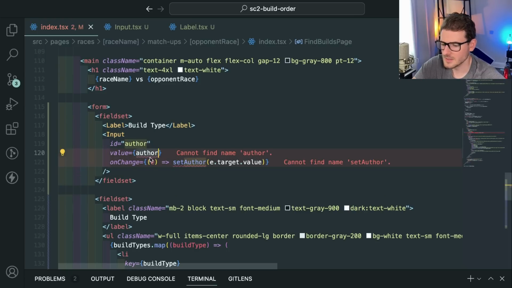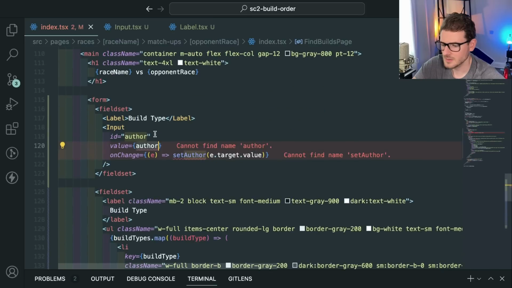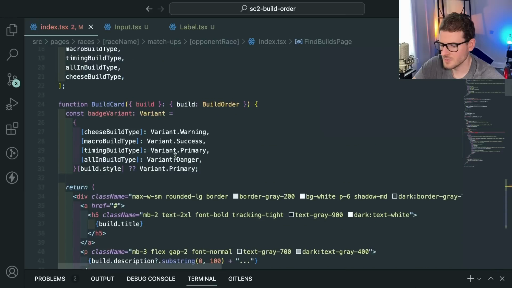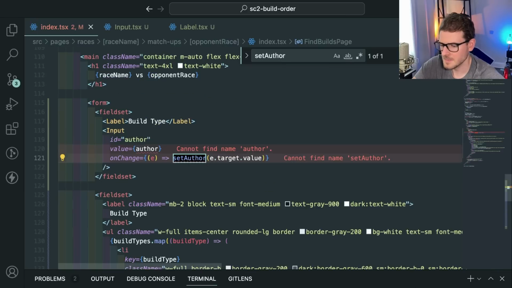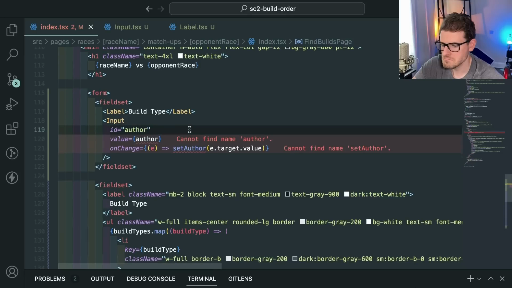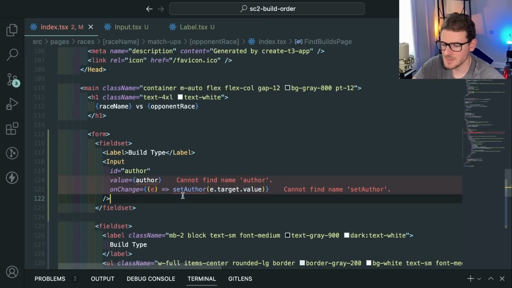And now, cannot find name author. Why is that not working? Cannot find name set author. Did I delete some stuff? Why is this stuff not being found now? Oh, obviously these things aren't going to work because I didn't even set up the state for keeping track